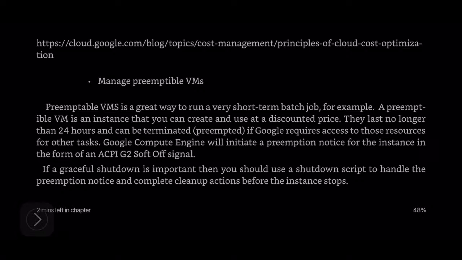Manage preemptible VMs. Preemptible VMs is a great way to run a very short-term batch job. For example, a preemptible VM is an instance that you can create and use at a discounted price. They last no longer than 24 hours and can be terminated, preempted, if Google requires access to those resources for